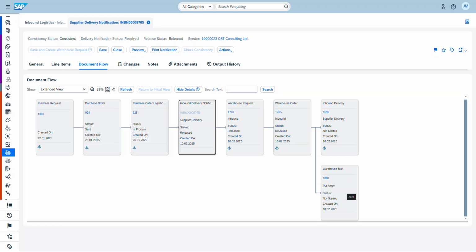They need to confirm which storage location they are storing the item in. If there is a need for inspection, they may put the item in a storage location where the inspection team can have access, or if there is batching or relabeling of the item, they can do all this using the warehouse task